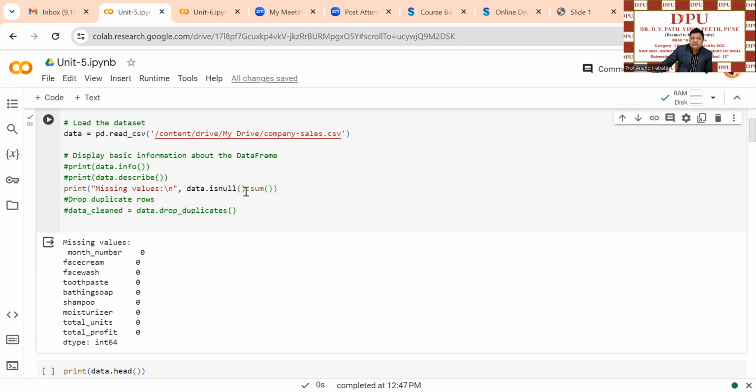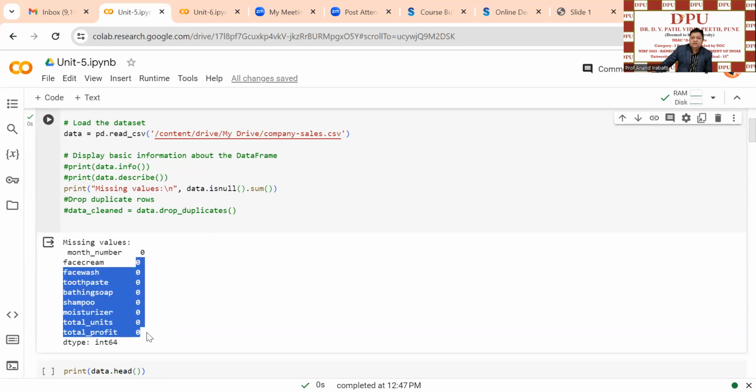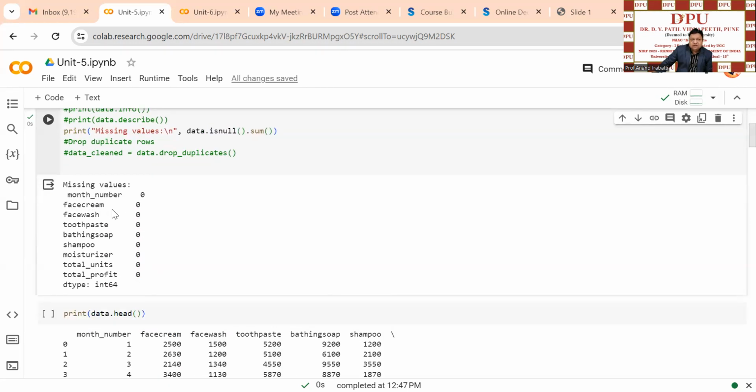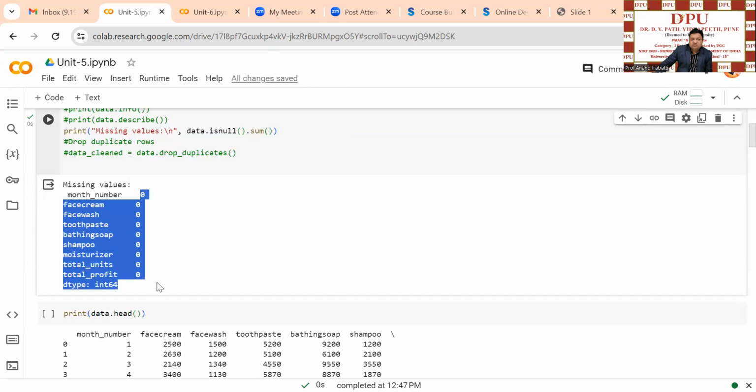So here I'm trying to find out the sum of the missing values for each of these columns: face cream, face wash, toothpaste, bathing soap products. So 0 means there is no missing value in any of the columns. As you can see the result, that is 0, 0, 0, 0, isn't it? So there is no missing value. Now,